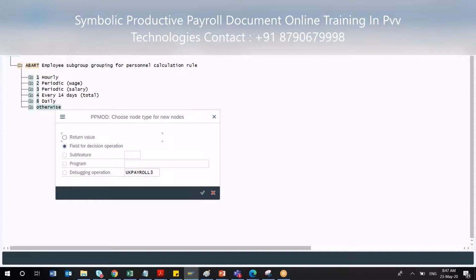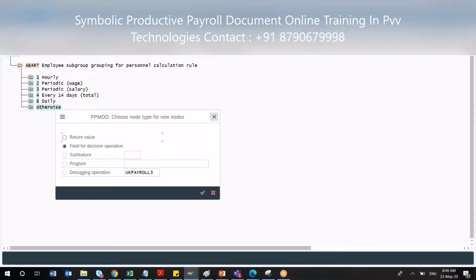From my experience it was difficult, but at present I'm not feeling much difficulty, it might be because of experience. Yes, but initially whenever you are doing such kind of configurations, you have to be very careful. You have to prepare a lot of things. You have to coordinate with your finance consultant and your finance counterpart on the client side, and how your wage type has been configured. That you better know, right?